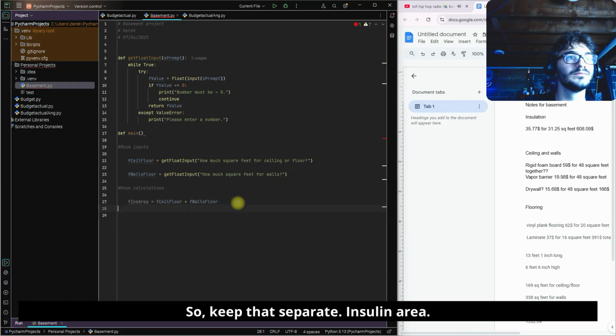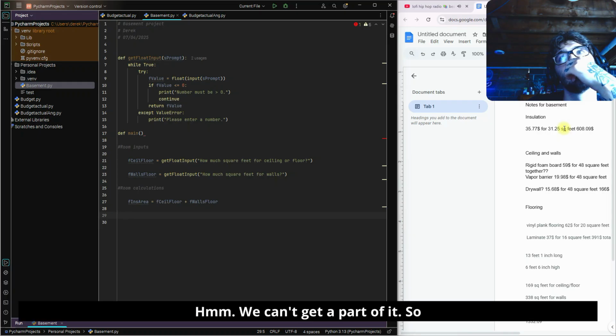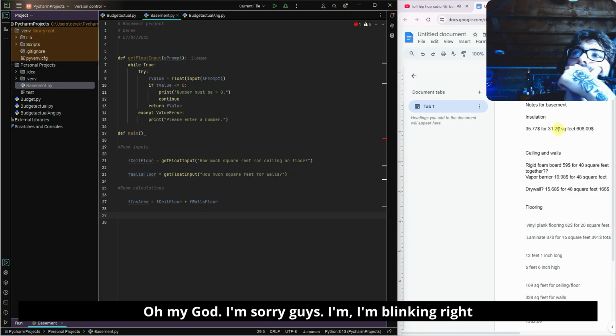We'll keep that separate. Insulin area. So for every 35.77 for 31.25 square feet. We can't get a part of it, so